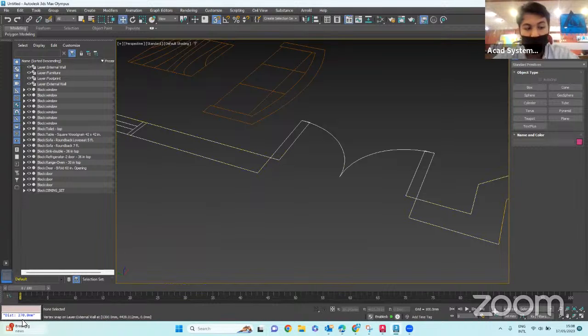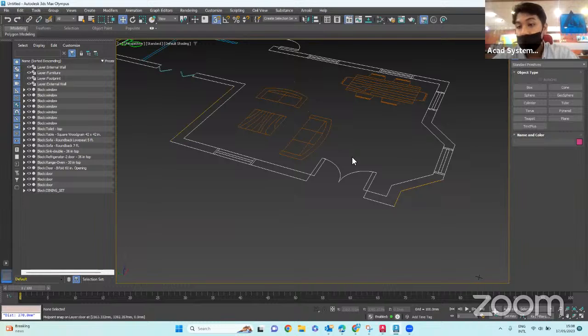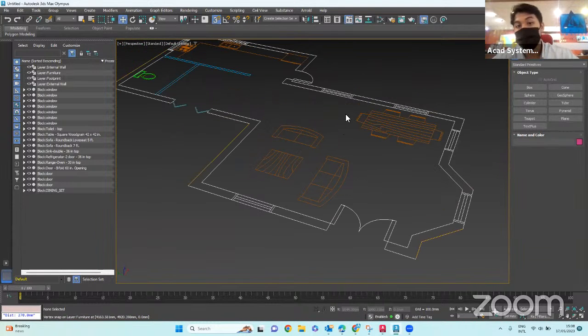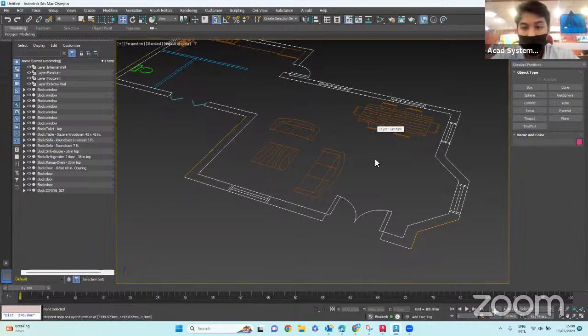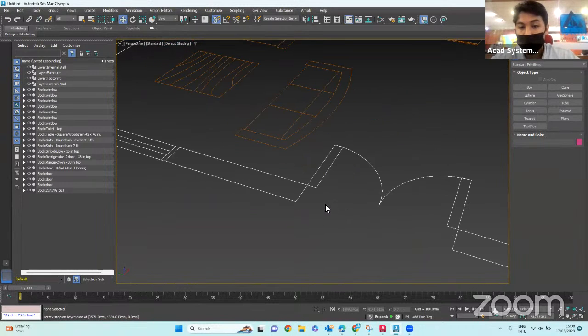Okay, now it's going to 270 mm. So now I can confirm that this drawing is at the right scale. Or another method that I usually use to measure is I can go to from our